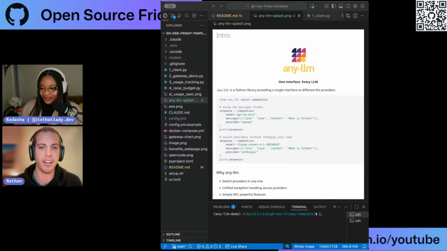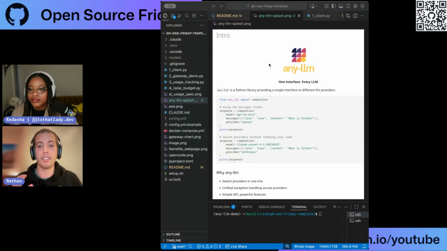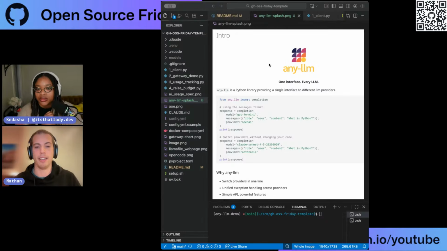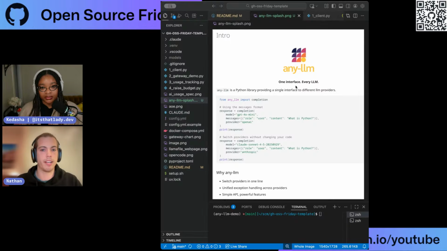But so I tried to put it all in one screen to make this a little bit easier to follow along. So I took a bunch of screenshots of things that I think might be useful. This is a screenshot of our main documentation page. And here is just a snippet of the code. And as we've been explaining, the idea is to have a single interface to talk to all the different providers.